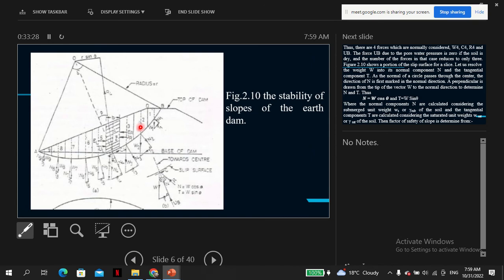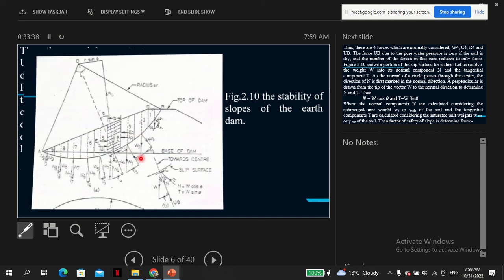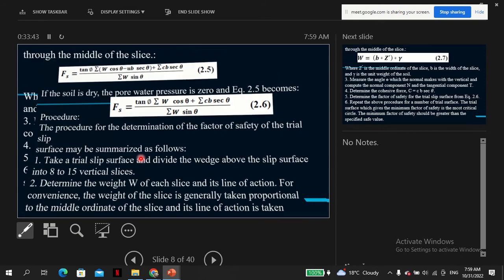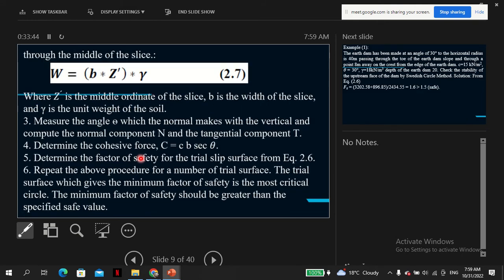But all is described here already. If you take this as your slice, of course the weight will be acting exactly at the midpoint. That's the assumption in that case. I mean, from geometry that should be true. And then the weight already told you that is the... so the assumption here again is assumed that